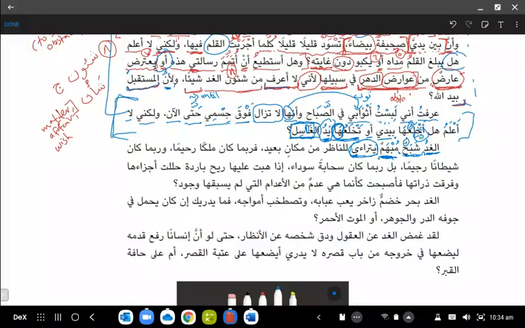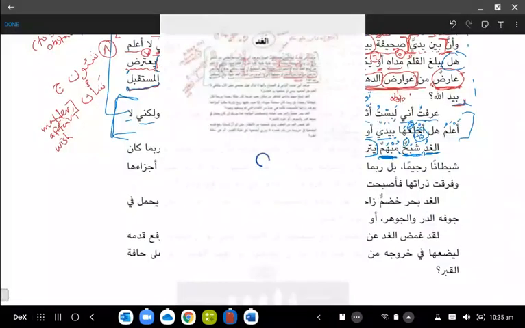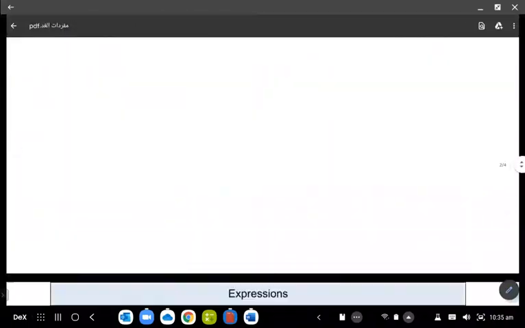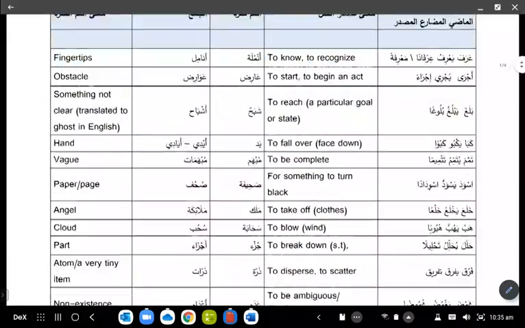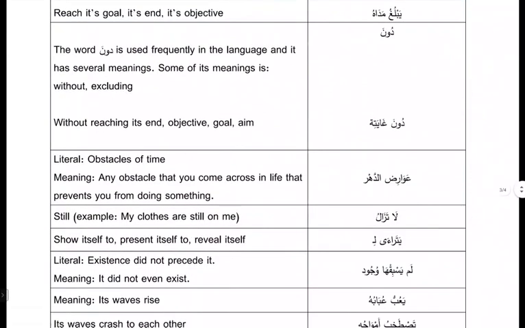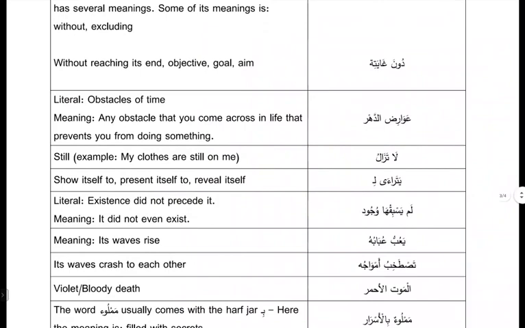Okay. Now, what does this verb mean? We go back to our vocab list. I think I included it as part of the expressions. Yeah. So yatara'a li. The reason why I included it here is because it usually comes with the harfu jar li. Okay. Yatara'a. What do you guys think the root letter is? The root letter is actually a bit of a common word that we've come across before. What do you think the three root letters are of that verb?